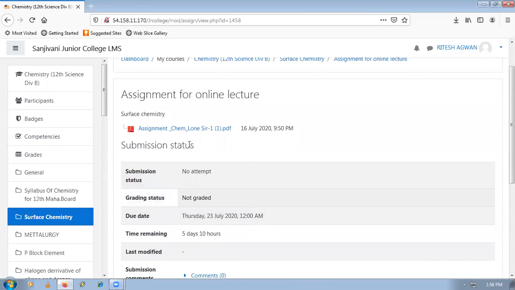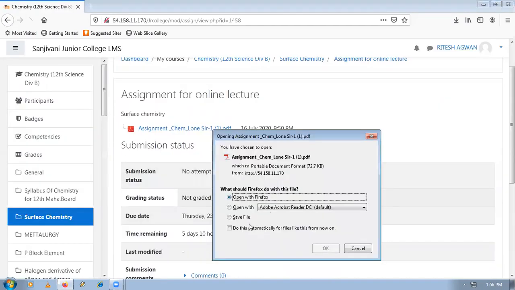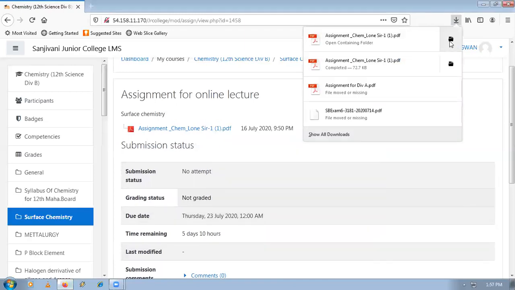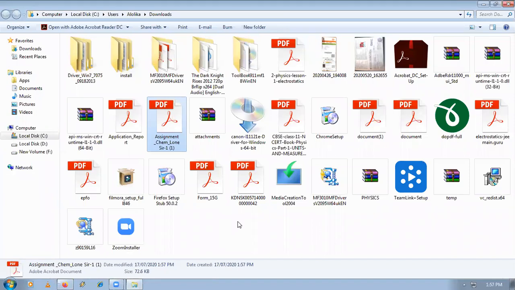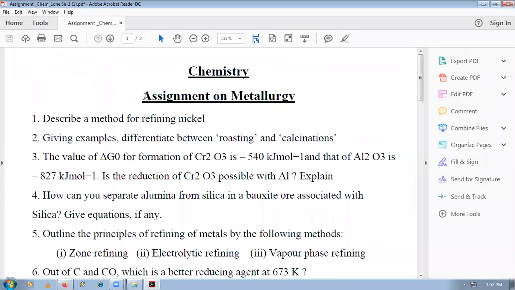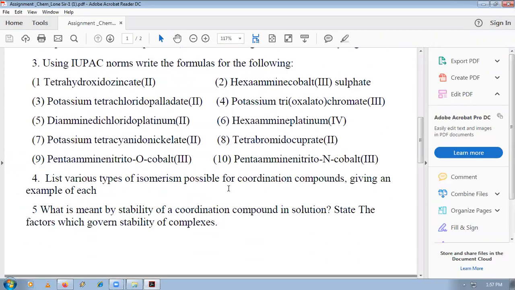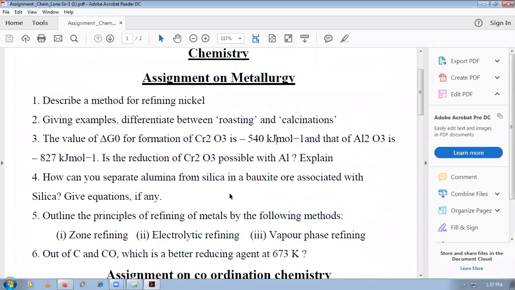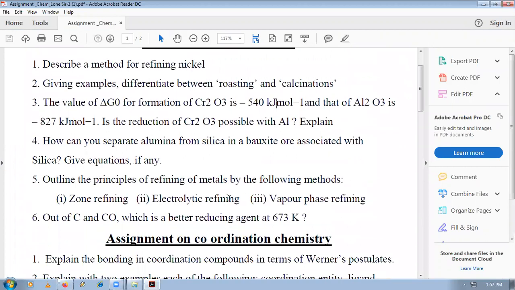So first you have to click on this assignment. You will get what kind of assignment you have to complete. Here you have to download that assignment, or it will open in the same tab, that means it directly opens within the LMS. So I have downloaded this assignment. Now look at the nature of the assignment. There will be some questions related to the chapter. You have to solve this assignment on paper or in a notebook, and after completing it, you have to make a PDF of that completed assignment.